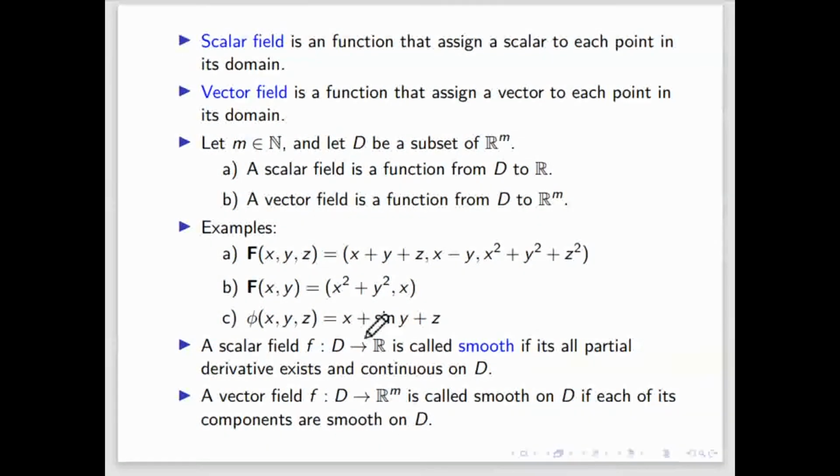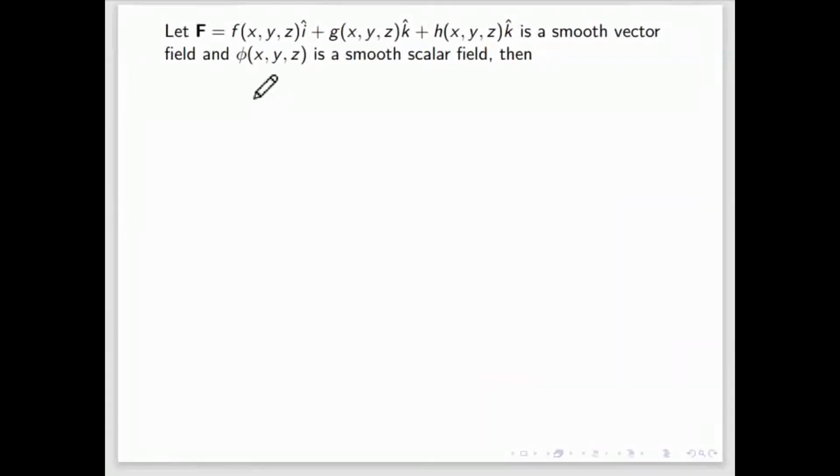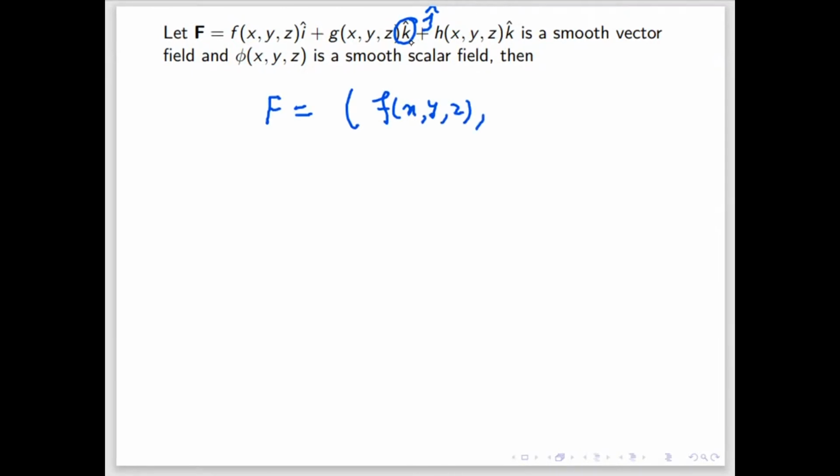So for this smooth scalar field and vector field, we will define something. So if f is like this, from R3 to R3, so f(x, y, z), this is the first component. I wrote it in terms of i cap, j cap. So this is not k, that is j. So I will correct it. This is j cap. You can write the same thing like this also. So both notations have the same meaning. And h(x, y, z).